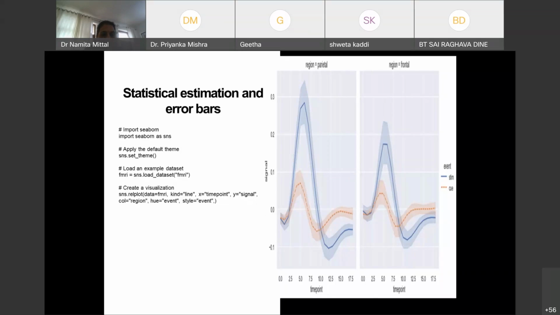और ऑन द बेसिस ऑफ रीजन कॉलम वी आर स्पेसिफाइंग, एक्स एक्सिस में गया हमारा टाइम पॉइंट, वाई एक्सिस में सिग्नल, और हम प्लॉट क्या कर रहे हैं, रीजन को प्लॉट कर रहे हैं। स्टाइल और ह्यू आपने वहां पे भी देखा, स्मोकर स्मोकर था, यहाँ पे भी है। यहाँ पे हमने साइज नहीं दिया क्योंकि साइज यहाँ चलेगा ही नहीं, यहाँ पे साइज की जरूरत नहीं है ना, हम लाइन ग्राफ ले रहे हैं, बाय डिफॉल्ट इज अ लाइन ग्राफ।